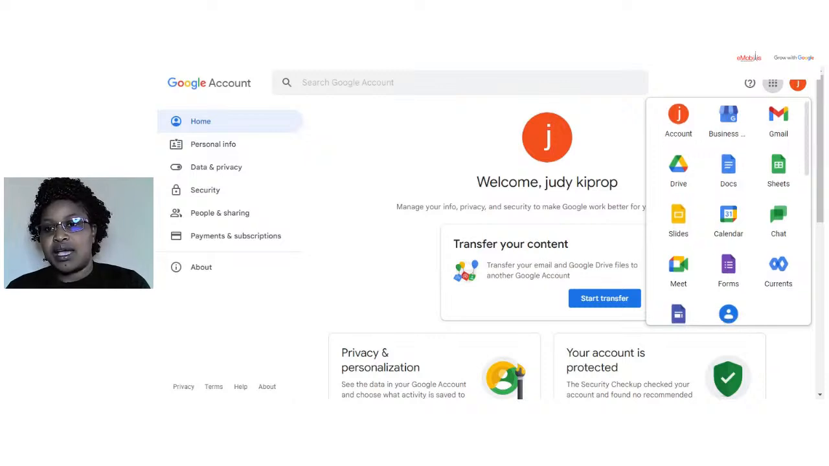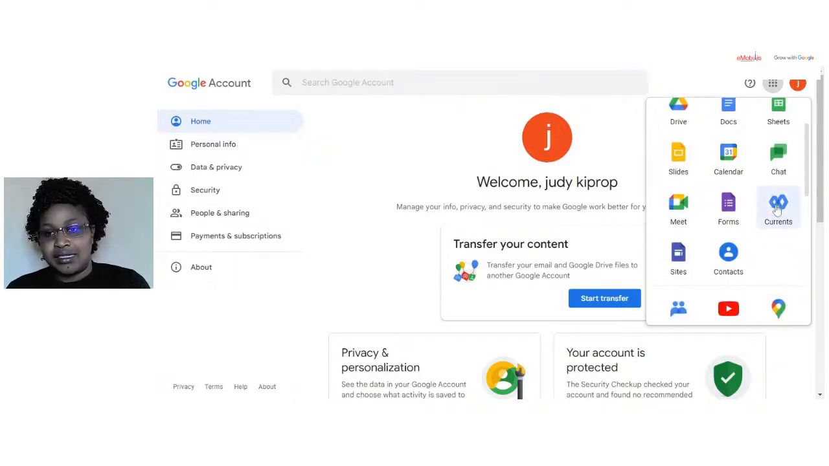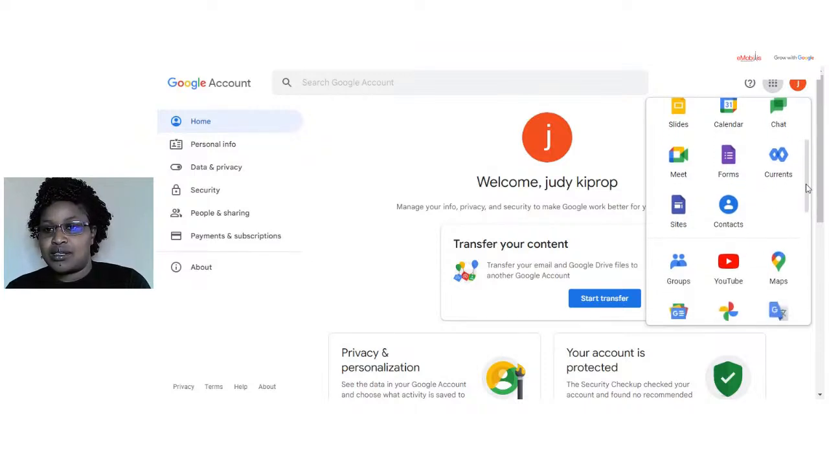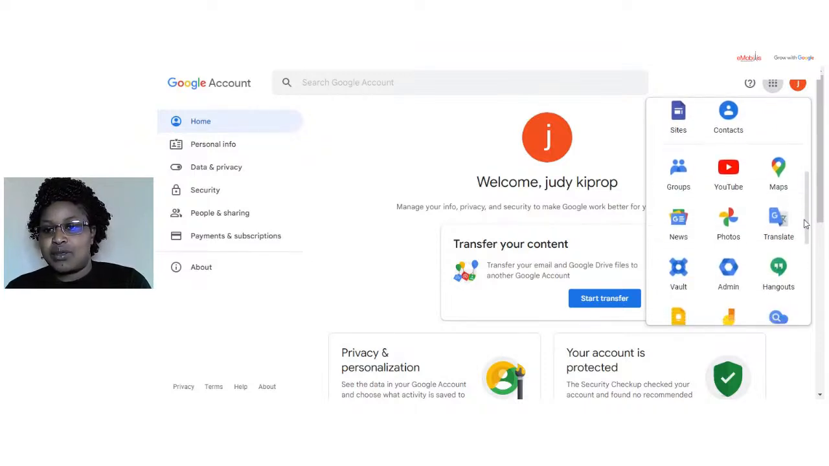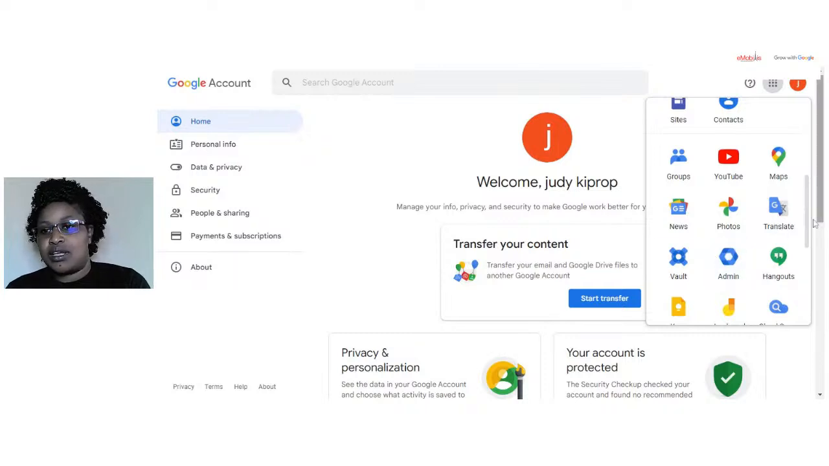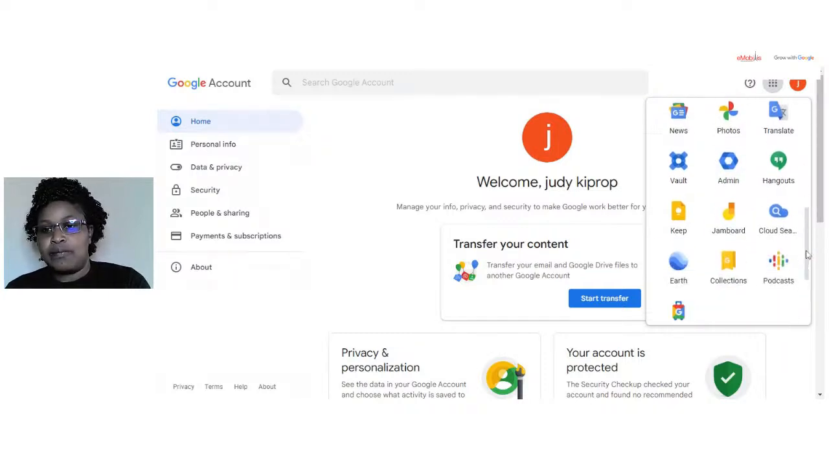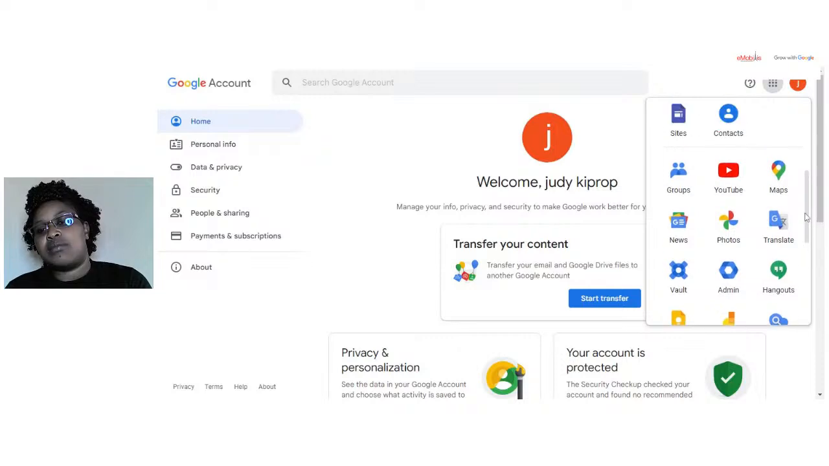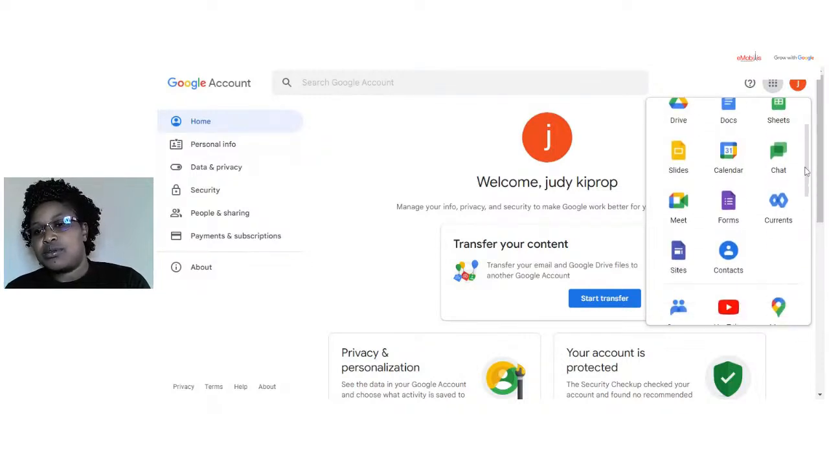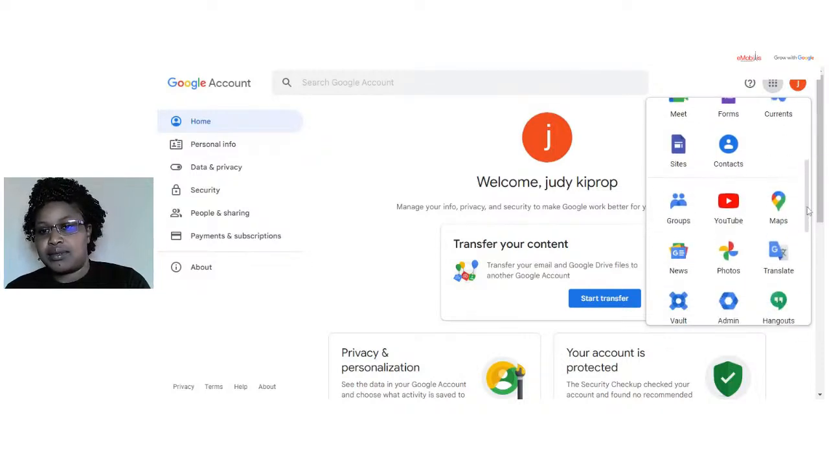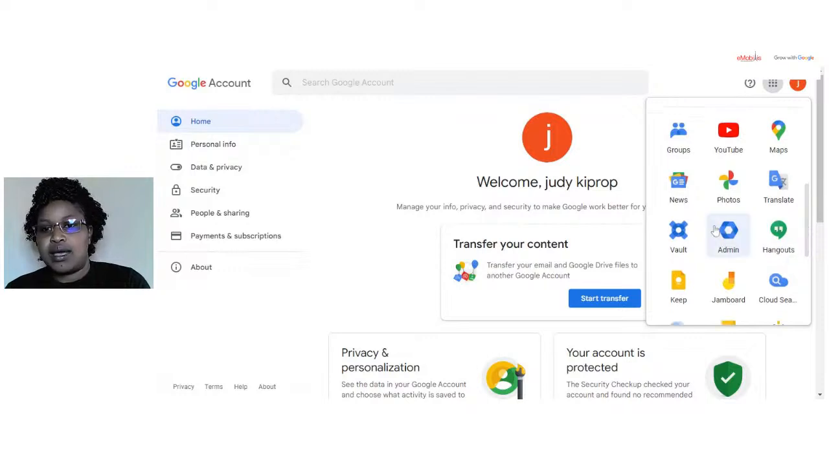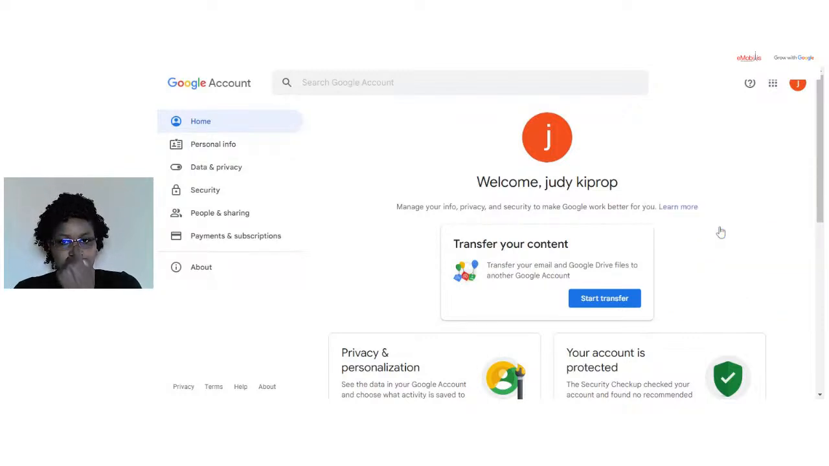And you can see from this account, we have Google Currents, and this you will not find in your ordinary Google account. So you can see Google Currents there. We also have the admin console that we mentioned. So allow me to go through some of the tools that we mentioned, and allow me to start with the admin console. So I'll click on this admin console, and it's taking me to a new tab, and this one might force me to